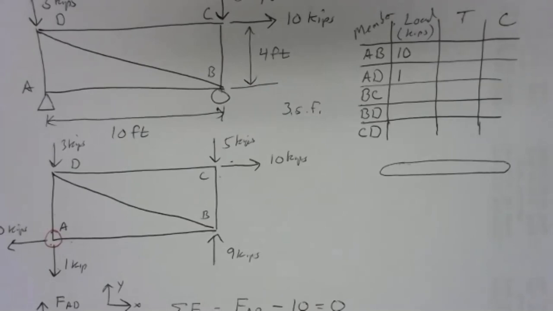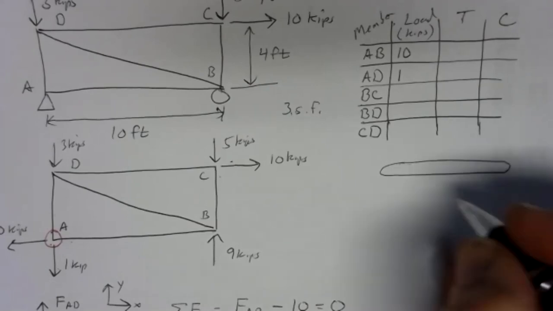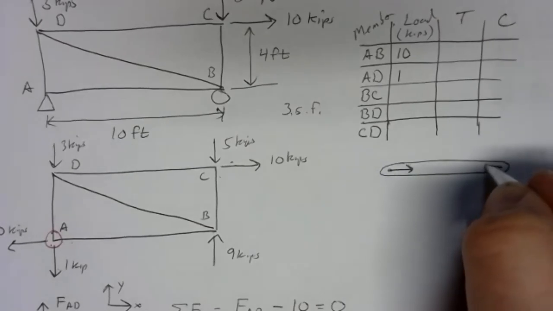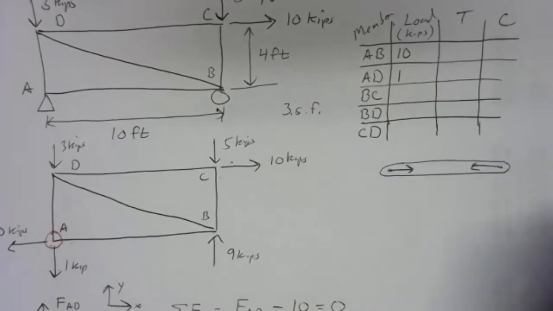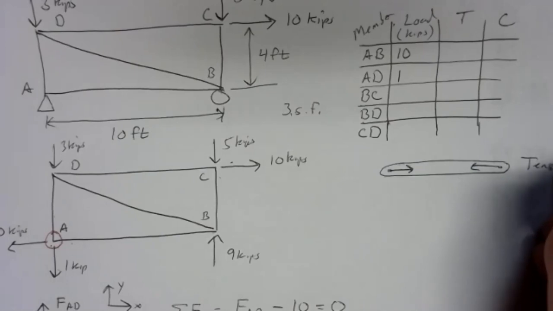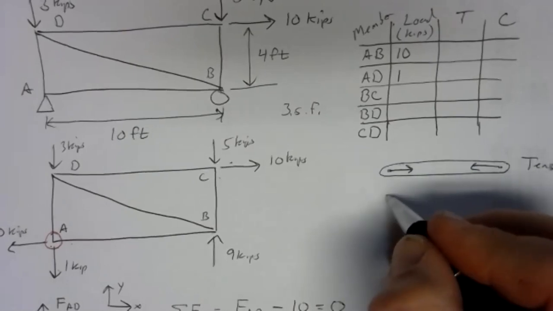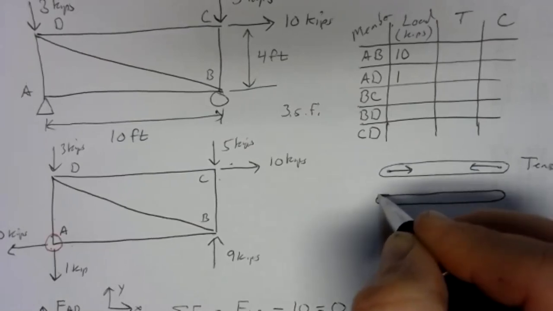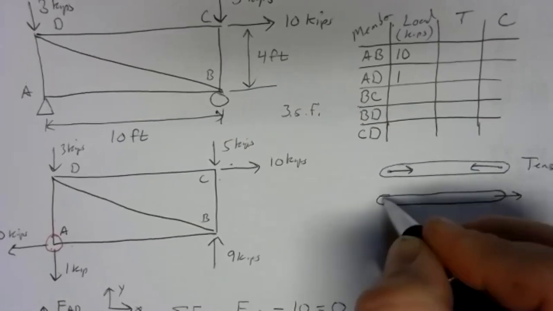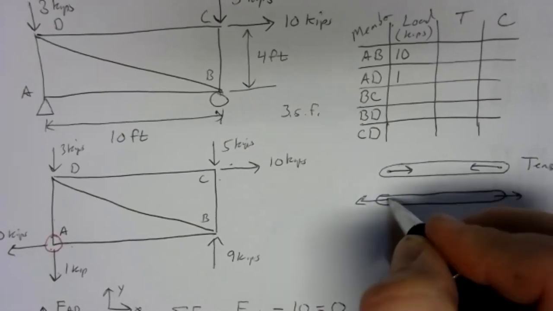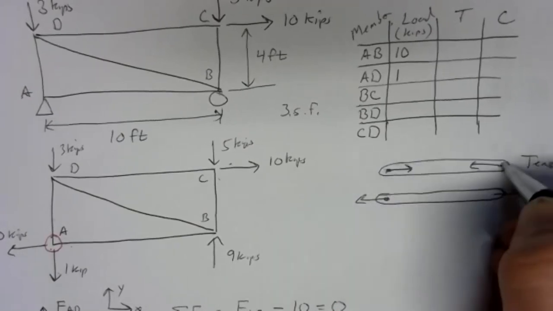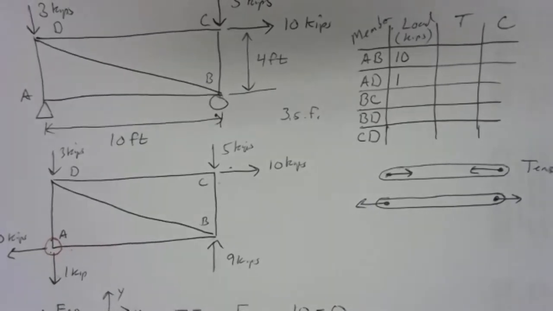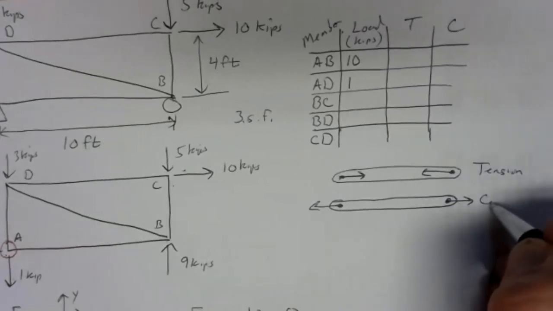There is some prototypical member. If the forces are inward, that's tension. If the forces are outward on the joint, so I'm drawing these dots in here really prominently to show that those are the joints. So that's tension